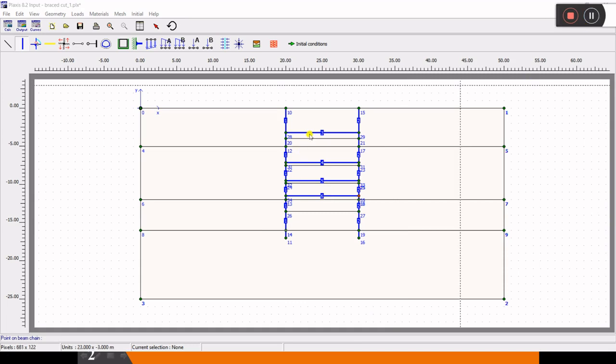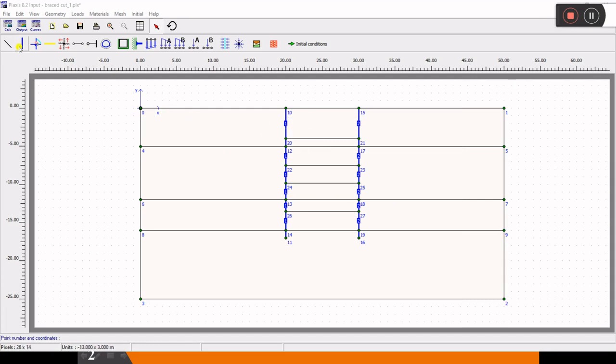One thing I think I have done wrong is that I created these as plate elements. I have to create the struts as anchoring elements. So I'll change them to anchor elements. For that I have to undo first, and then I'll create these anchoring elements. Okay, so I've undone all the plate elements. Now I'll create them as anchoring elements.